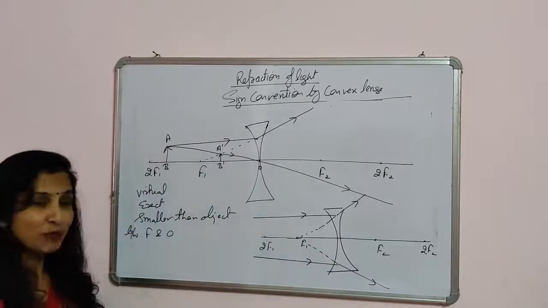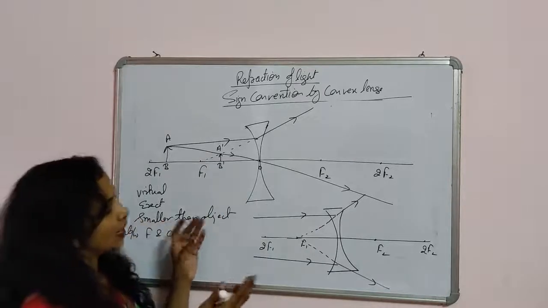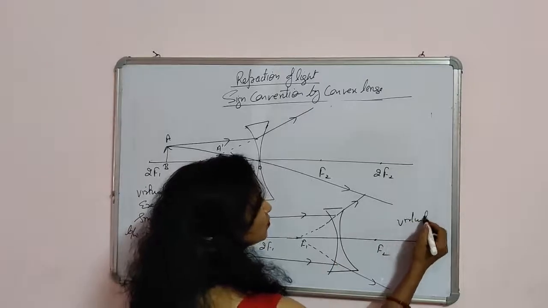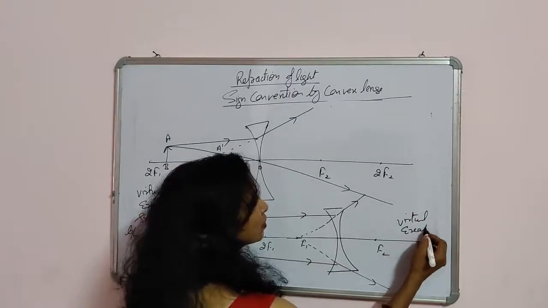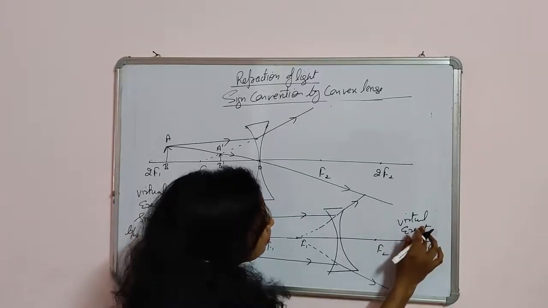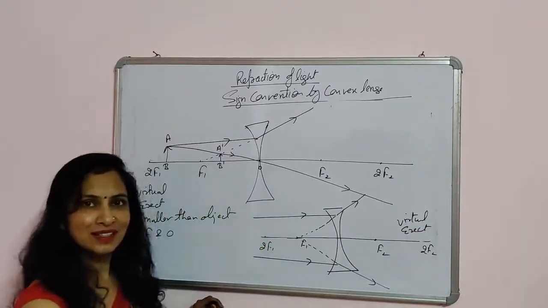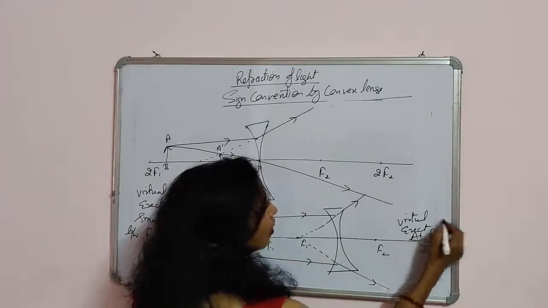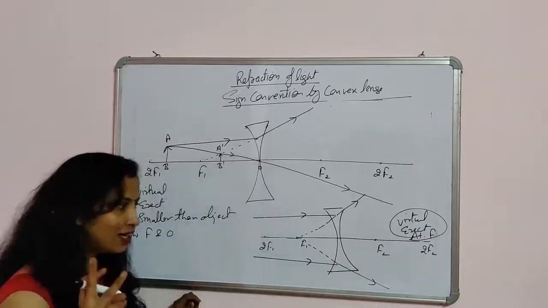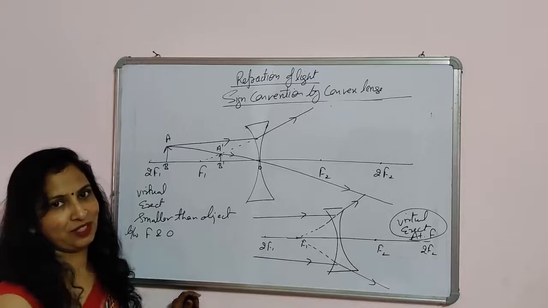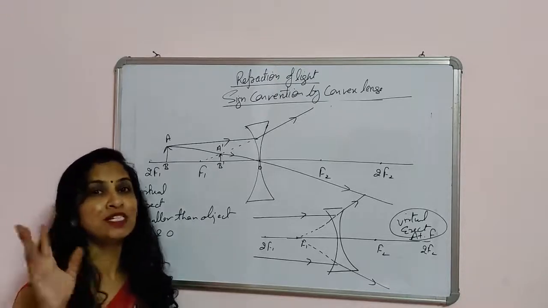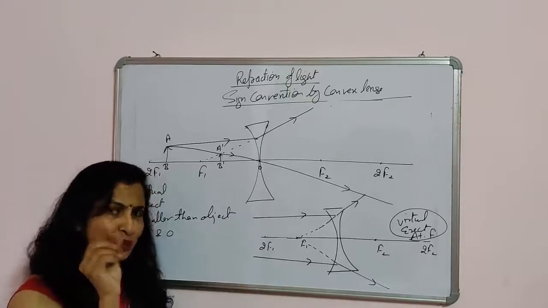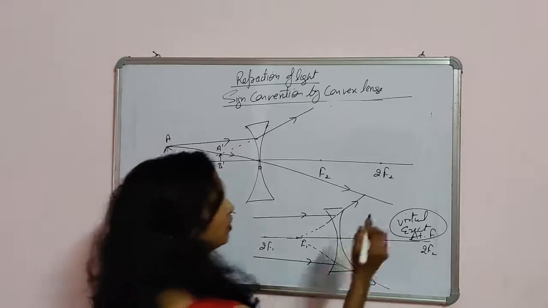So what is the nature of the image formed here? Since the light rays are not actually meeting at focus, we will say it is a virtual image. Virtual is always erect. And it is formed at F. So where is it formed? At F. These are the three natures, and the other one is that it is highly diminished. Since the object is at infinity and we are able to see the object, it means the object is really so large and the image formed is so small, we can say a highly diminished image is formed.